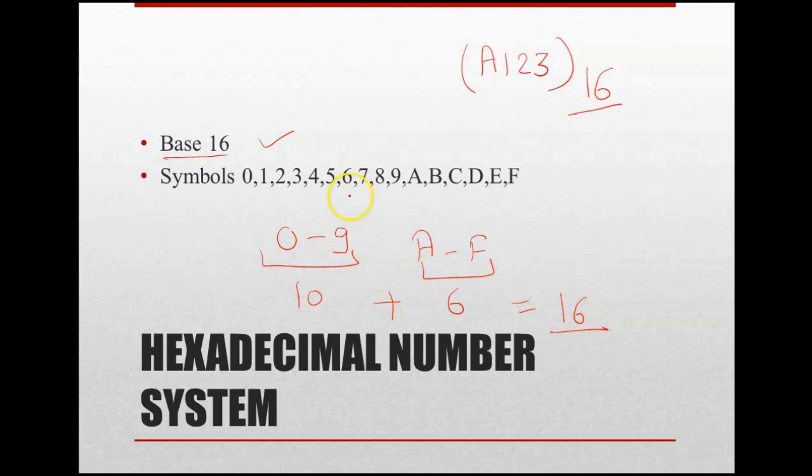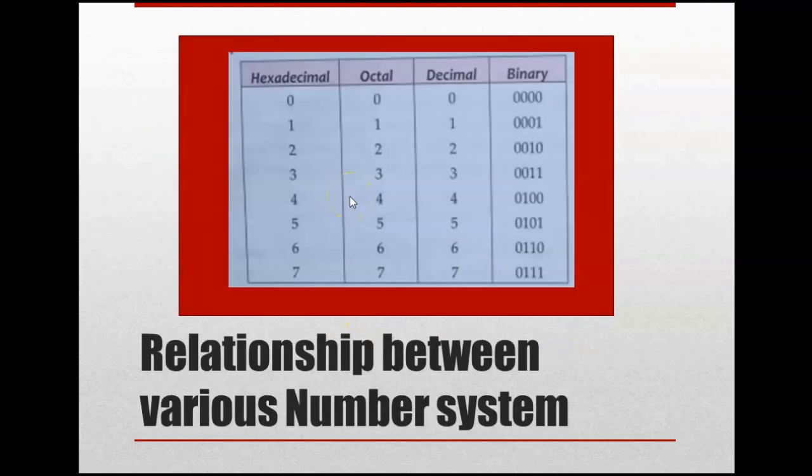So in total, how many number systems did we cover? We covered, starting from the decimal number system, which is our ordinary or normal way to represent a number. Our normal mathematics is also based on the decimal number system. Next to that, we covered the binary number system, which is understandable by the computer, with base 2. Next is the octal number system, which is with base 8, and the symbols which we are using to represent the octal number system are from 0 to 7.